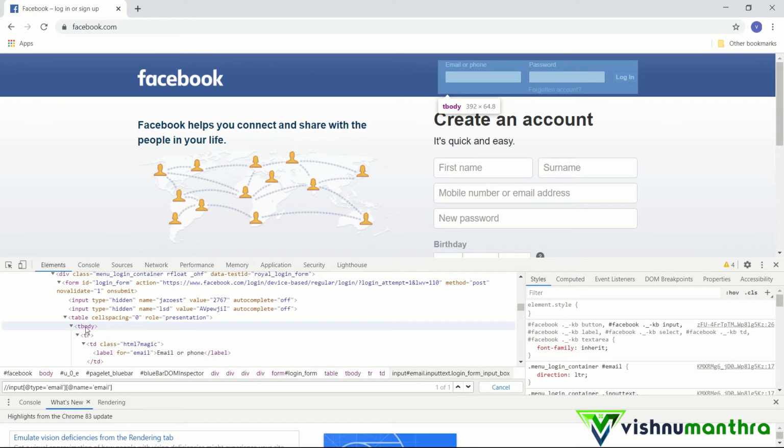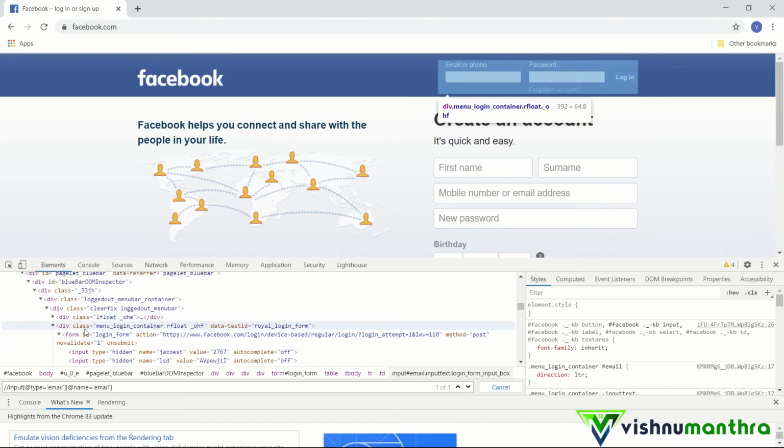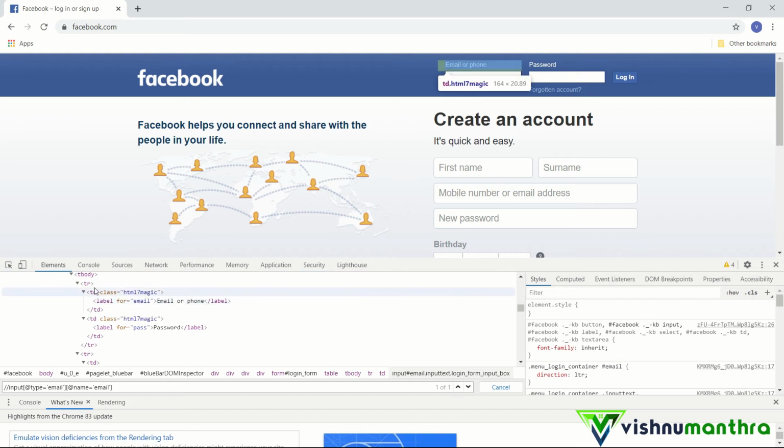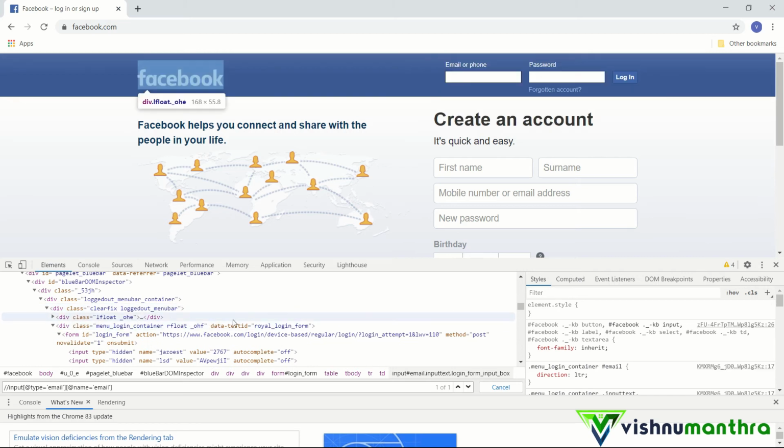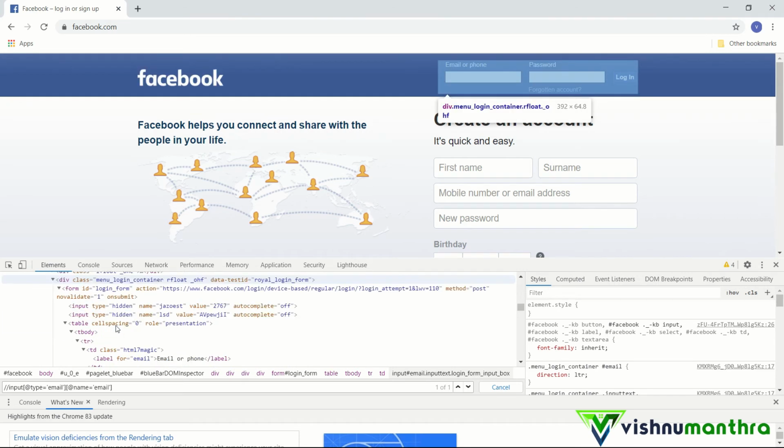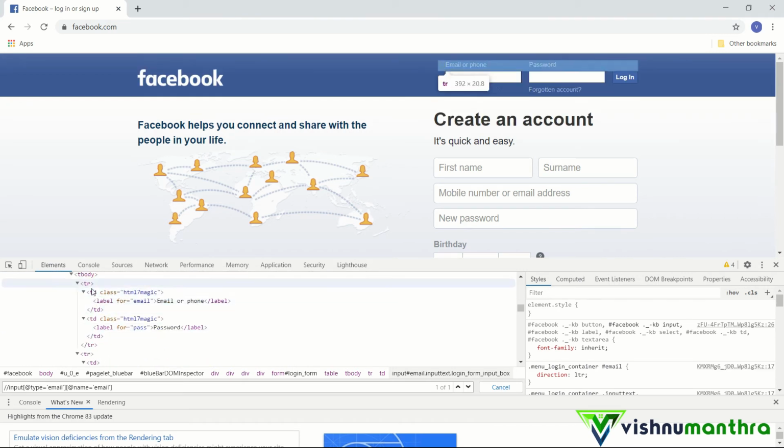There is a tbody and there is a div. Suppose we want to come to this div, without going to the form, the table, or the td, and then straight away go to the element here. We can do that as well, so we'll see how to do that.